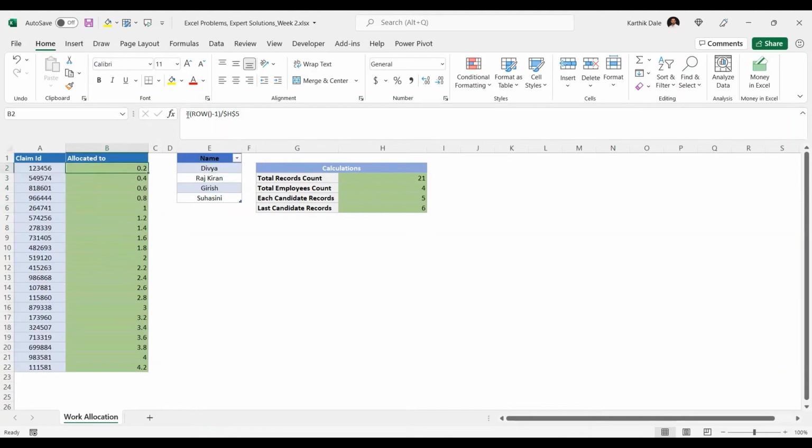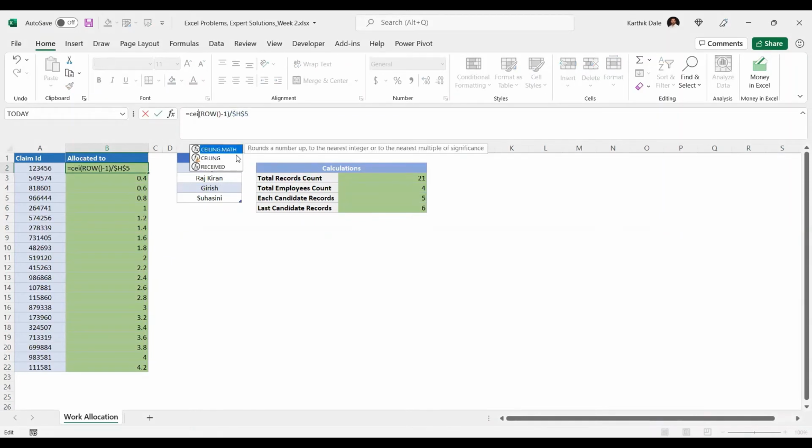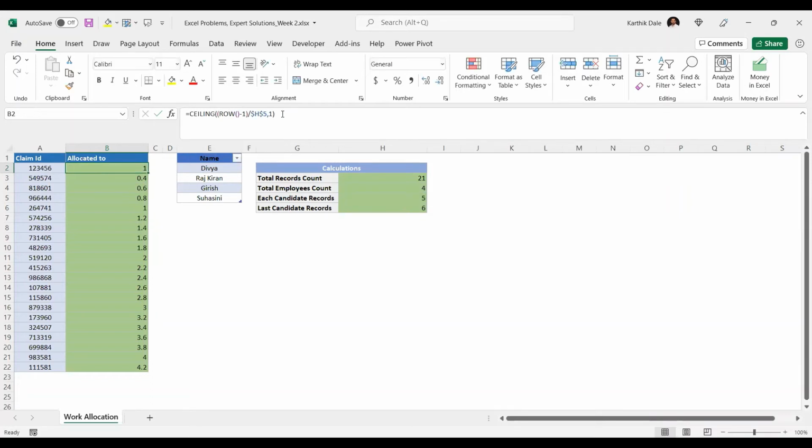So what I do is, on top of it, I'll write a formula called CEILING. When I write this ceiling formula, here is the bracket start, comma 1, bracket close and enter. It makes that 0.2 the next level. The ceiling will take the top value. 0.2 will change to 1, 0.4 also will change to 1 and so on. This 1.2 will change to 2, and 2.6, 2.8, any decimal value will go to the next whole value. So here, I'll drag this formula down.